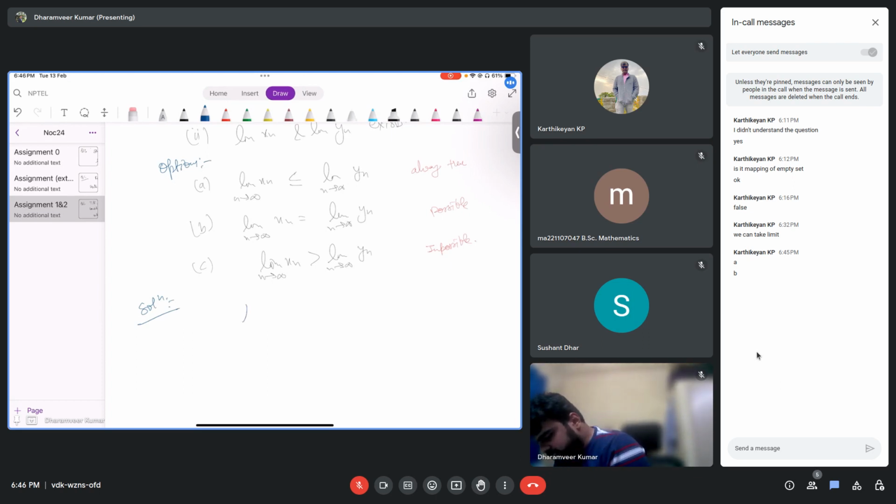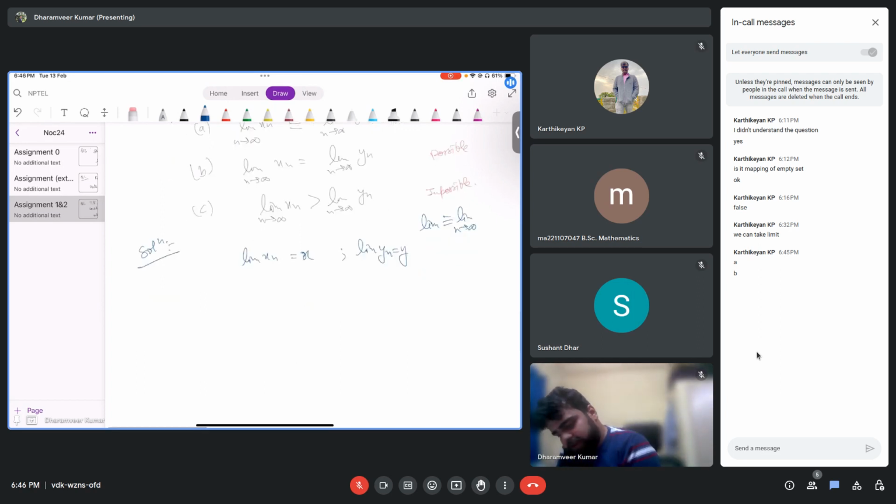Like the previous question, just assume the limit. I'm not writing n goes to infinity every time, I'm just writing limit. Understand this as good as limit n goes to infinity, okay? You're given two things, okay? So then